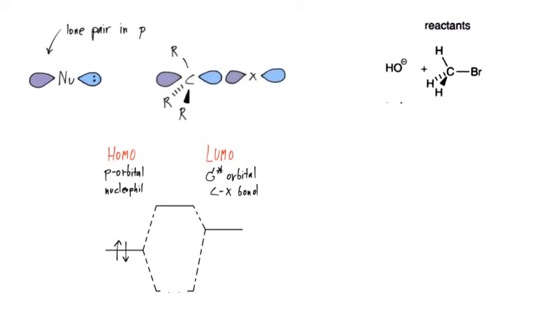So here is a schematic of this sigma star orbital. It is an anti-bonding orbital, that's why it has this node here, and it spreads over the halogen and the carbon, and it's empty. So now the lone pair from the nucleophile can be donated into this vacant sigma star, and therefore the energy is lowered. It jumps from here to the vacant orbital,